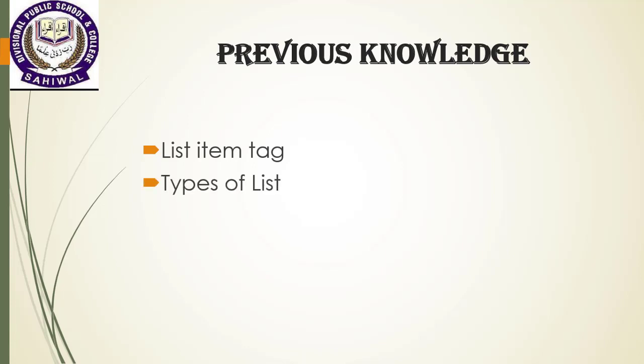Students, you have also learnt about types of list. There are 3 types of list, that is ordered list, unordered list and description list. An unordered list is used for items in which the ordering of items is not important. An unordered list is also called a bulleted list, and this list is defined using UL and /UL tags.